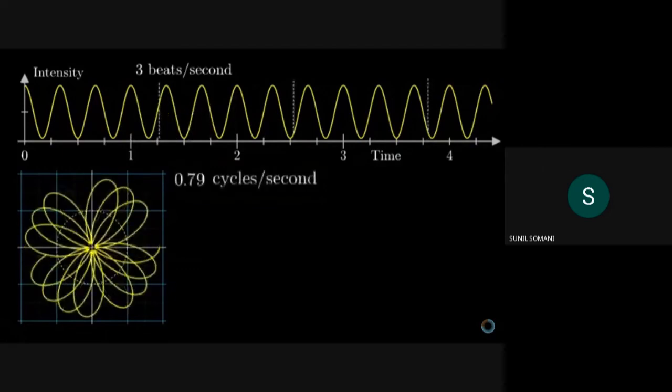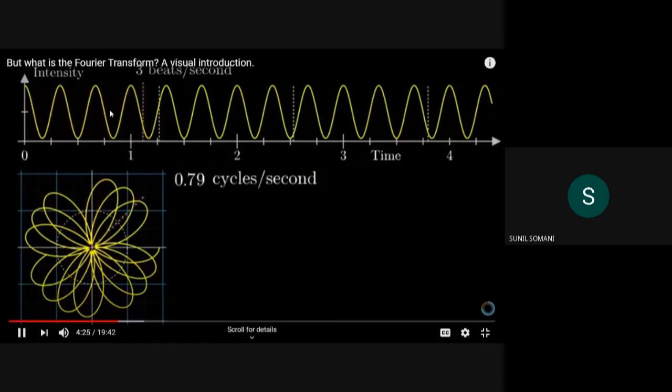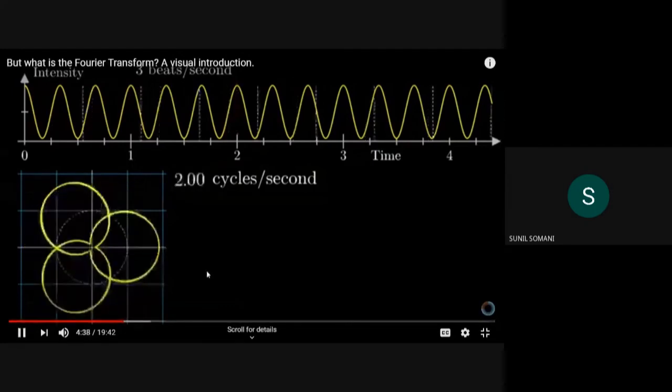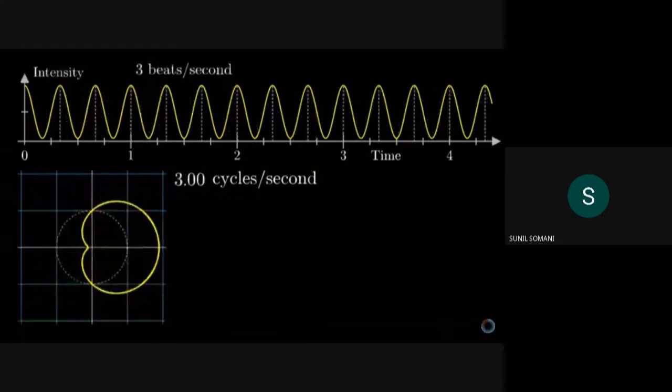The vertical lines that I'm drawing up top, by the way, are just a way to keep track of the distance on the original graph that corresponds to a full turn. And at this point, we might have some sort of vague sense that something special will happen when the winding frequency matches the frequency of our signal, 3 beats per second.